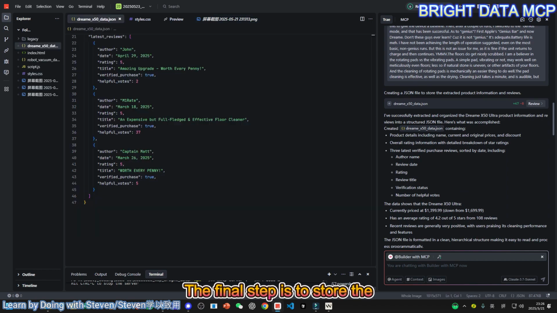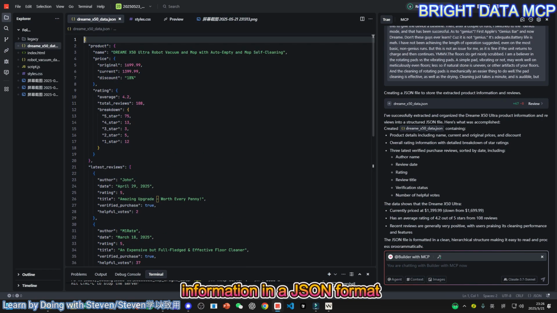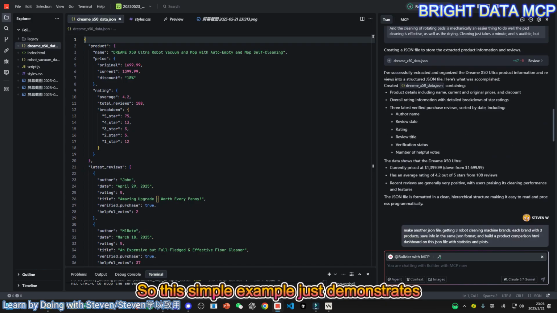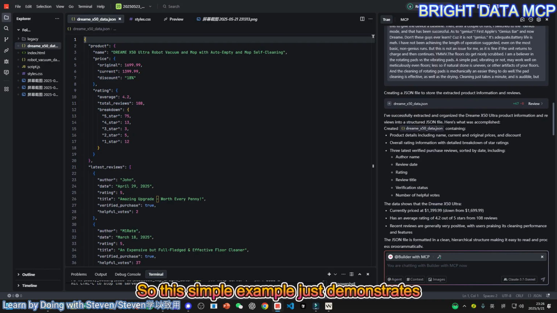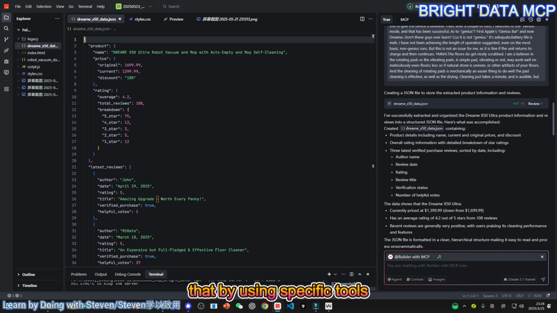The final step is to store the information in a JSON format. As you can see, we have the product name, price, rating, and latest reviews. So this simple example just demonstrates that by using specific tools of Bright Data, you can get very specific product information from Amazon. But with other MCP tools, it is very hard to get such data,